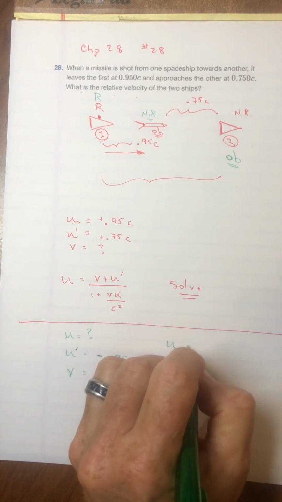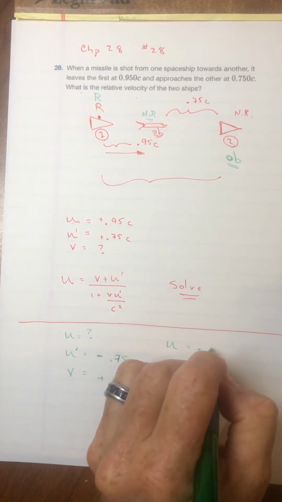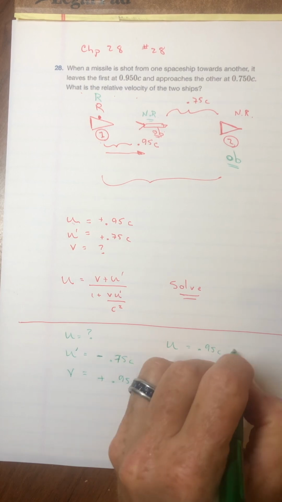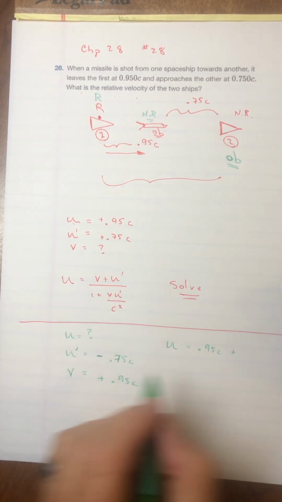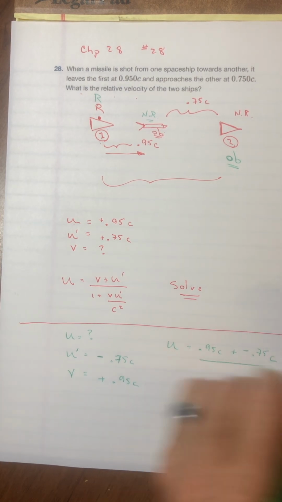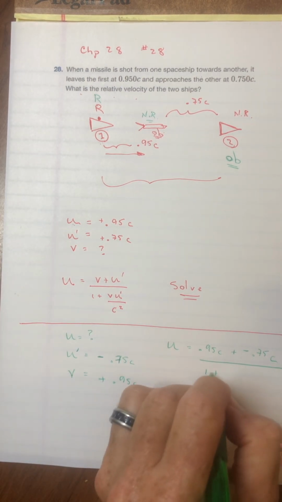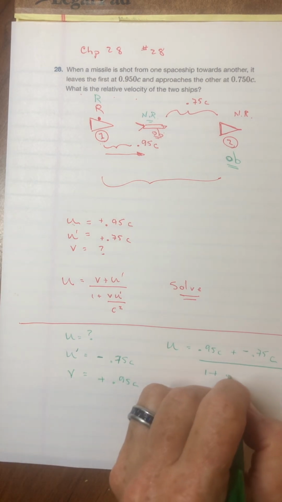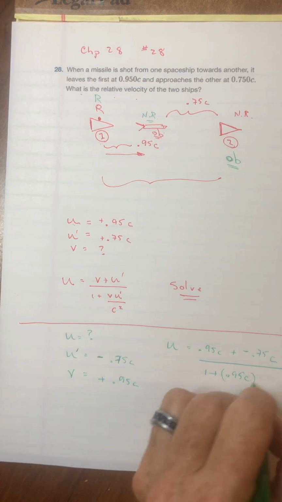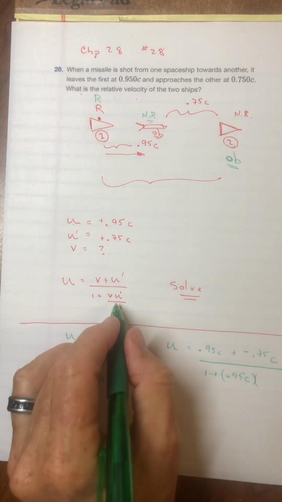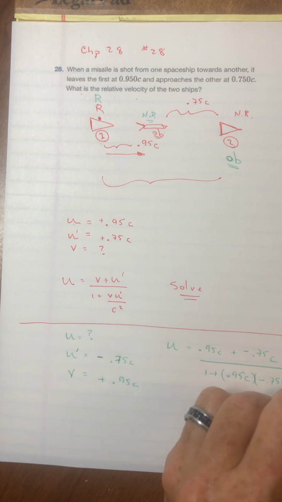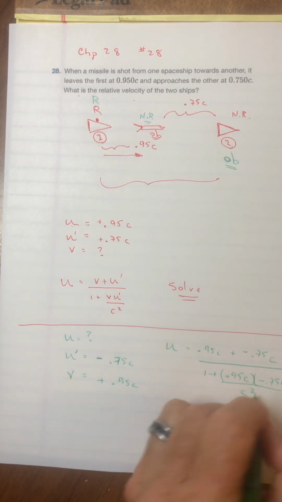I'm looking for u, and it becomes the v, which is 0.95 c, added to the u prime, which is negative 0.75 c, all over 1 plus, and again, here's the 0.95 c, multiplied by the u prime, which is the negative 0.75 c, all over c squared,